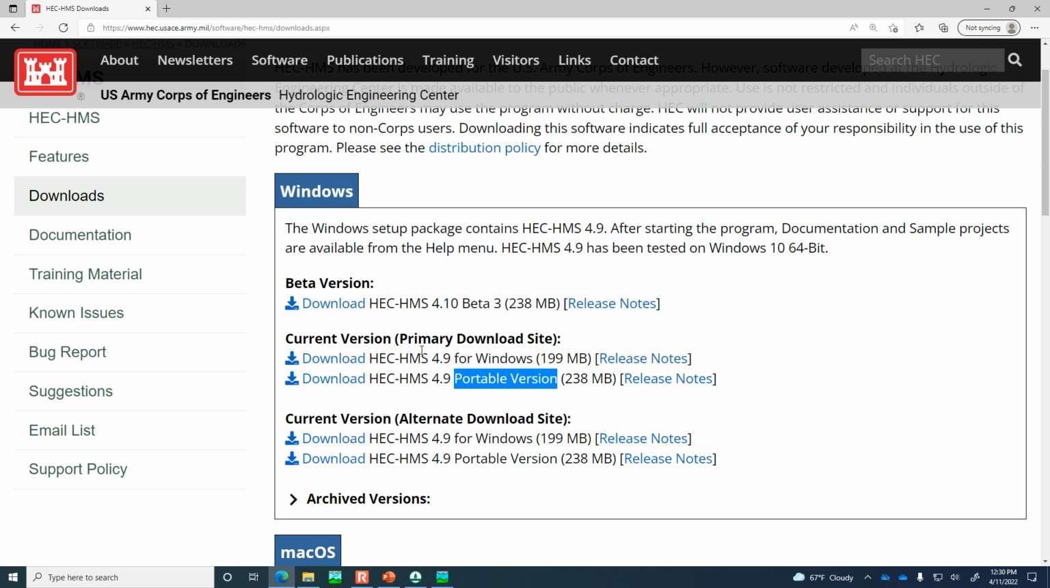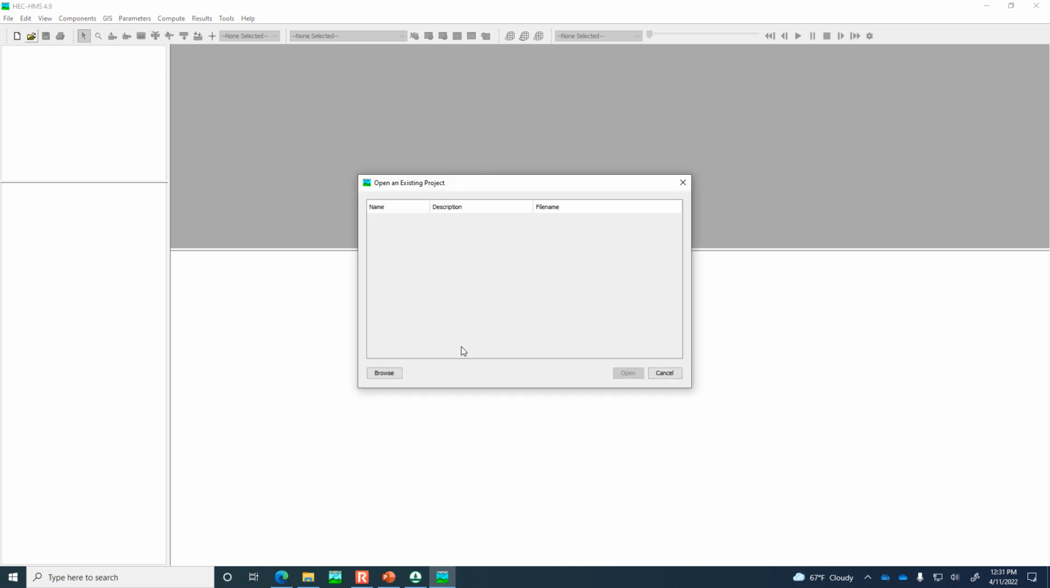Similar, I think there was a similar option with HY8, where there was a standalone, but then there was a portable executable that doesn't have to be installed. So I wanted to point that out. So it downloads and installs pretty quickly, but most of you I don't think are going to have that right yet. So this is the program, and what I'm going to do is just try and open up, browse to